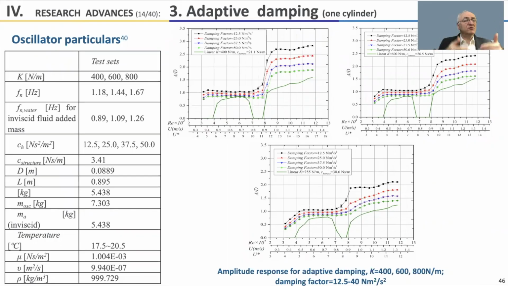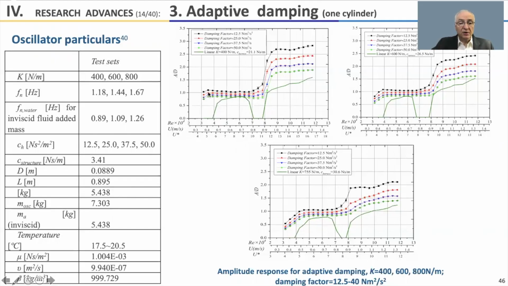If the cylinder moves too fast, we impose damping, we get more energy out, we reduce a little bit the amplitude. If there is too little oscillation, we don't want to suppress the oscillation, so we ease a little bit the damping and the energy harnessing. You see the response for different spacings, for different stiffnesses. You see the response here for different values of stiffness.